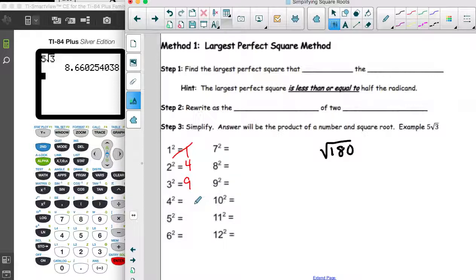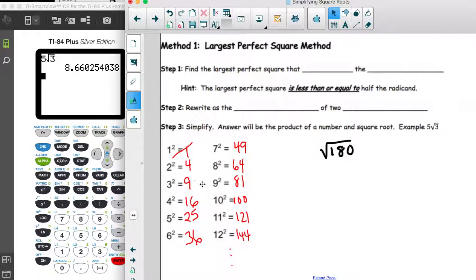4, 9, 16, 25, 36, 49, 64, 81, 100, 121, and 144. And again, this list can go on forever. Next one would be 13 squared, so that's 169. So if we know these numbers, this makes factoring this into two numbers, one which will be a perfect square